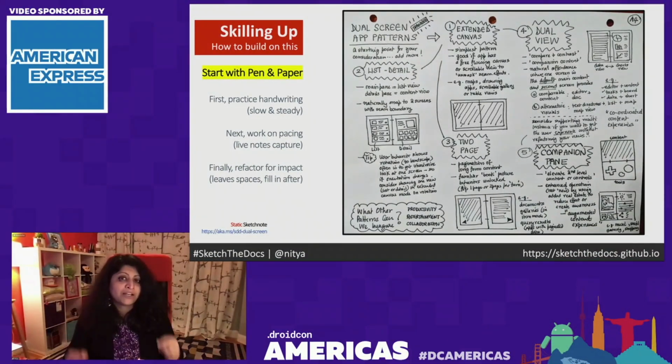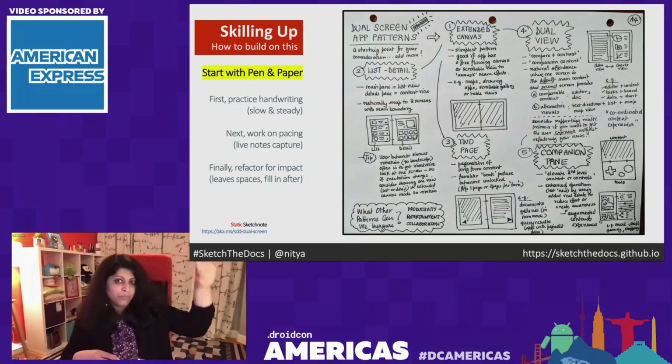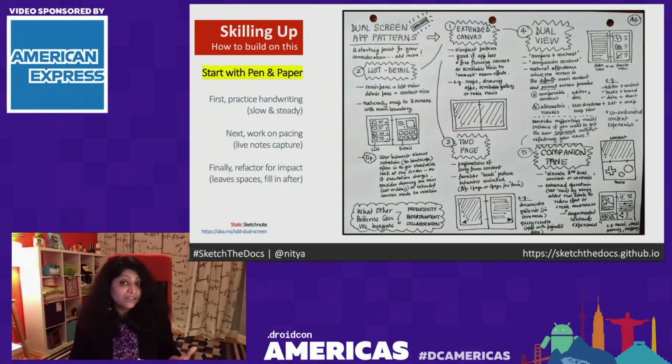First, practice your handwriting. Slow and steady. Slow yourself down, and you'll find that your handwriting gets clearer. You can actually build better effects like bold, cursive, etc. And when people can read it, they get engaged with it. Next, work on pacing. Understand how fast you need to write stuff, what you need to leave out so you can still complete sketchnoting the entire content in a limited period of time.